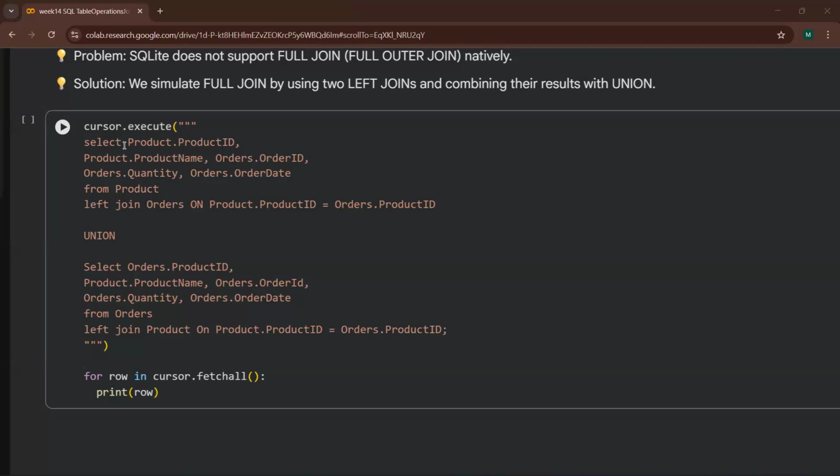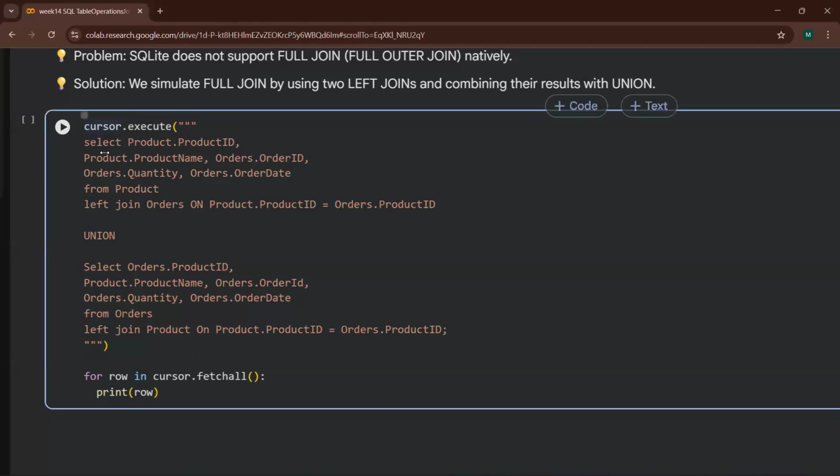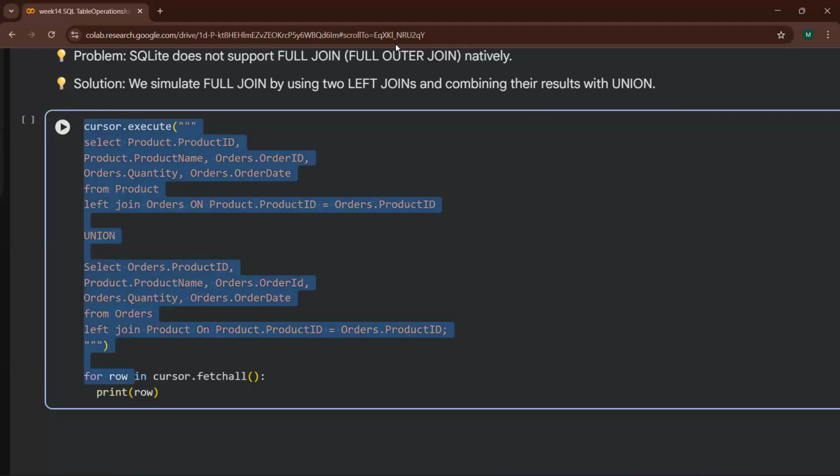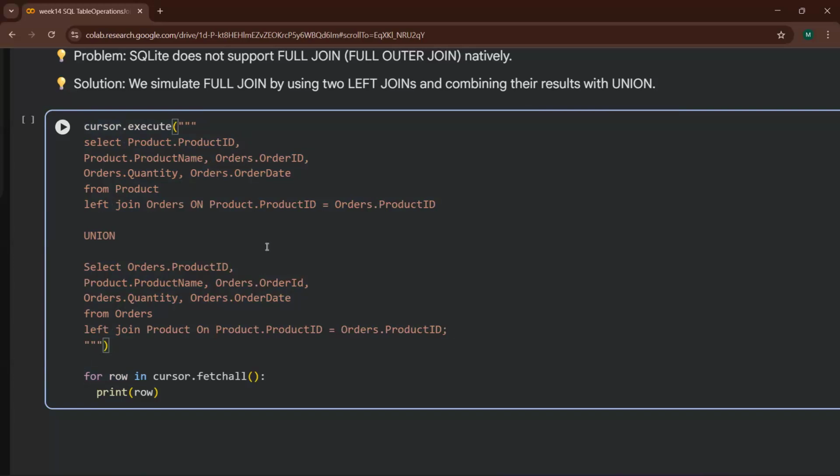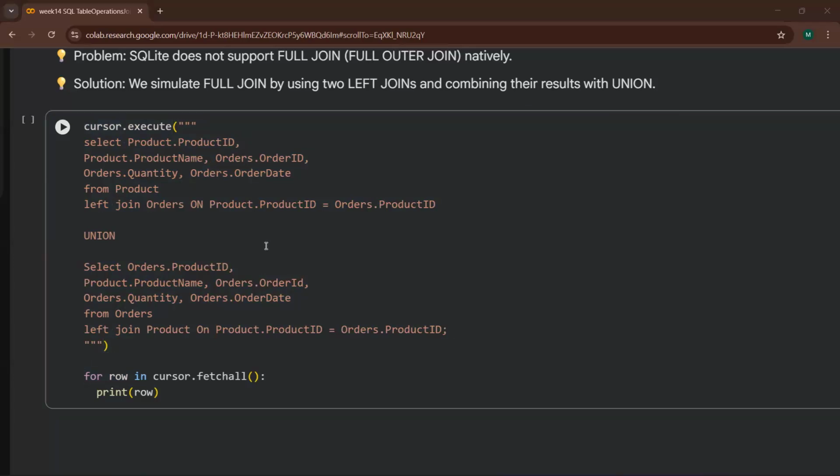Okay, so what I was saying, here you have to put two left joins together to do an outer join, right? I showed you the left join, I showed you the right join.